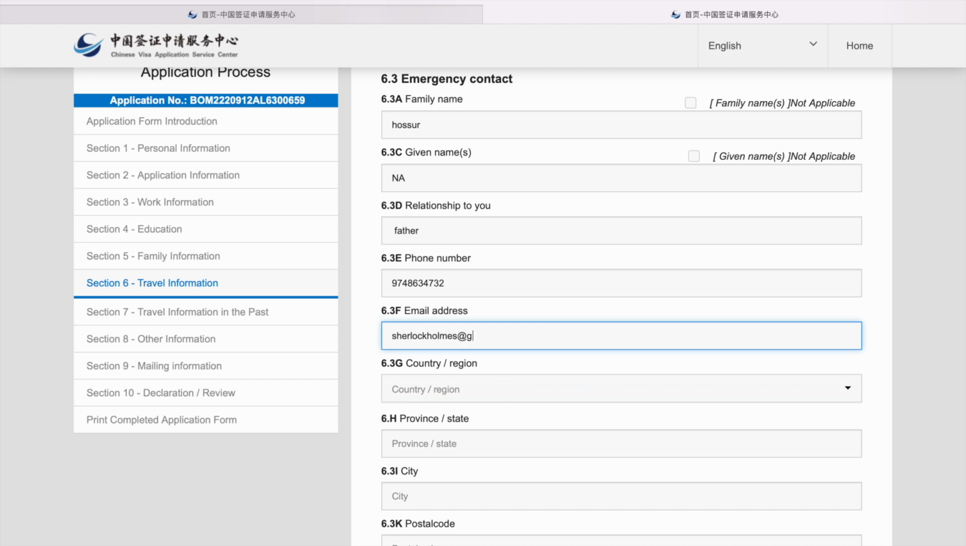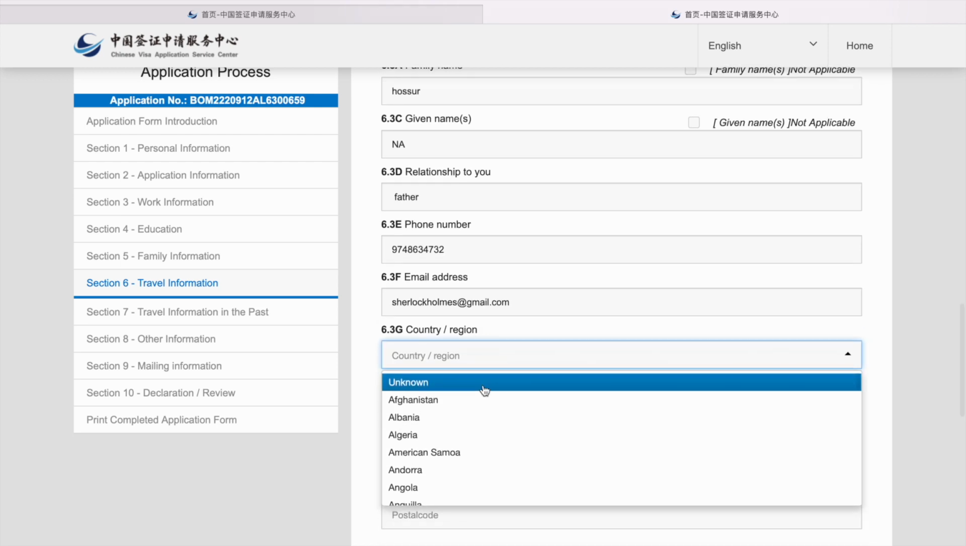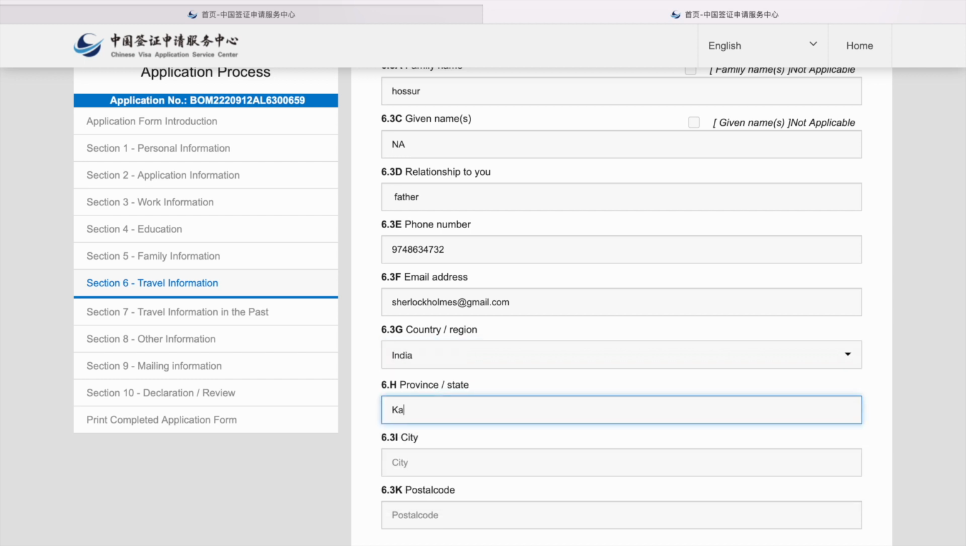Please type in correct info. I'm just putting in random information because I don't like to disclose my personal details in public. So I just hope you put in right information so that you don't have to make a lot of changes later. Country, India. Province, it's Karnataka. City, Bengaluru. Postal code, it's putting in